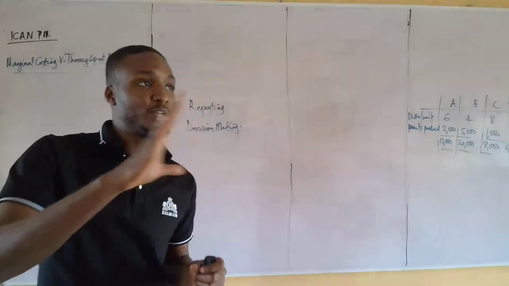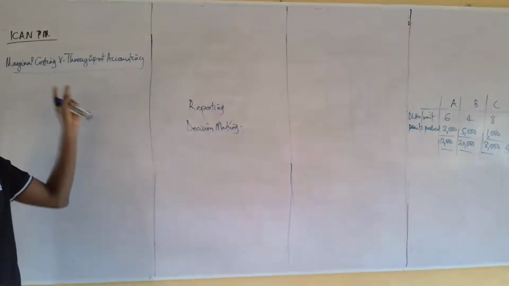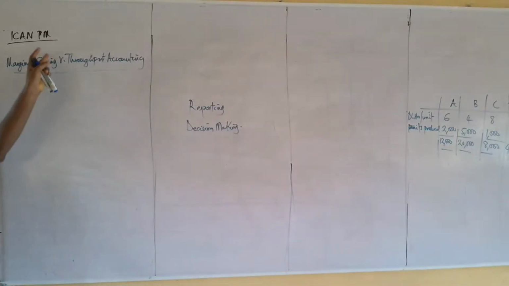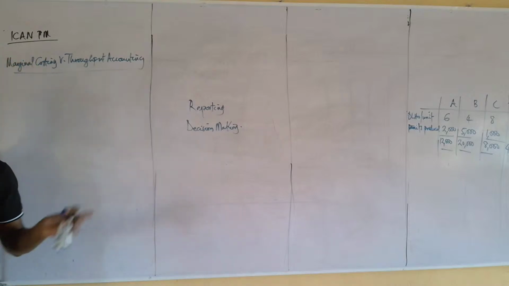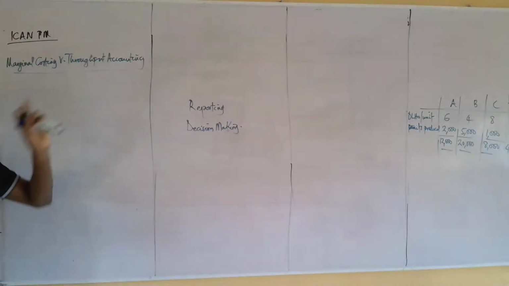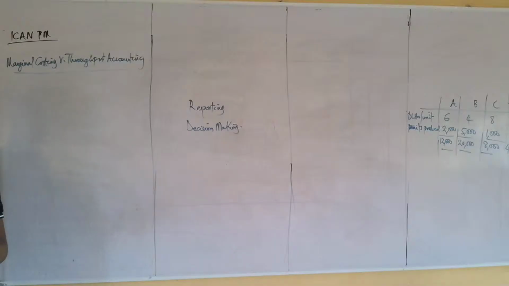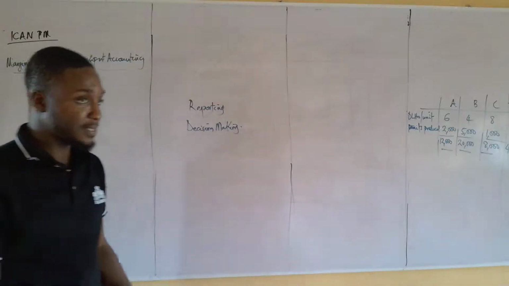So when they are trying to make those decisions, they will now compare the decision under marginal costing, which takes cognizance of all the variable costs, versus throughput, which takes cognizance of only material cost. Now let's take them. Steps